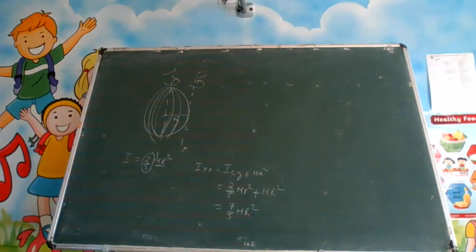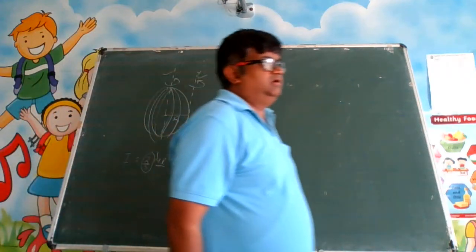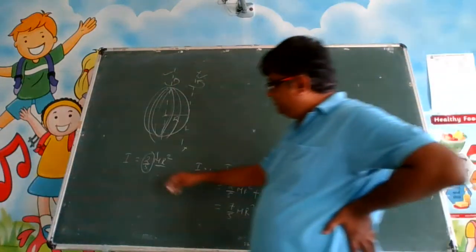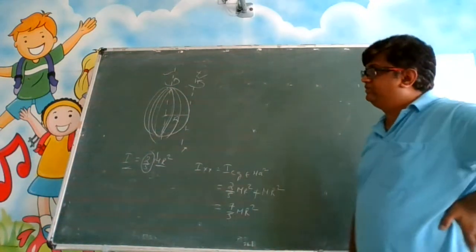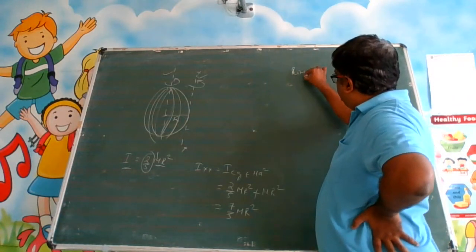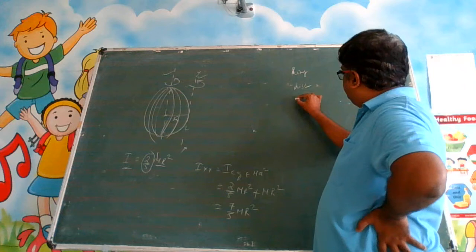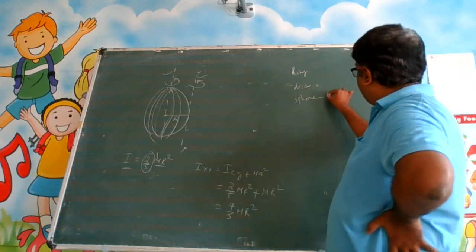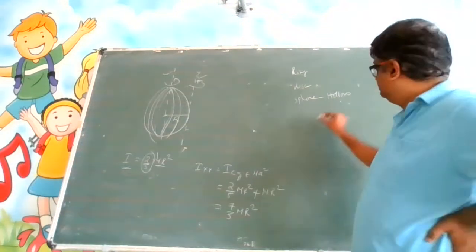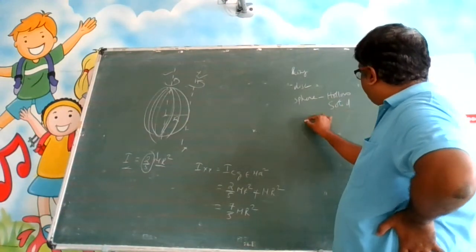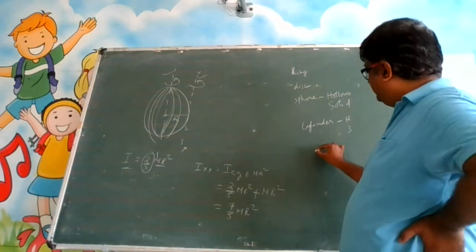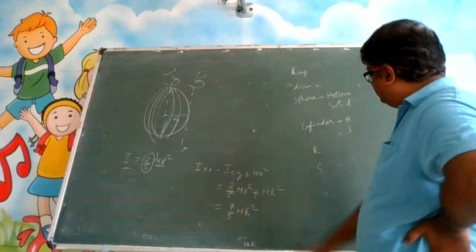Next class we will see some more concepts. I would urge you to remember all these equations, all these ICG formulas for different shapes. I have given you how many? I have given you disc, ring, then sphere, in sphere hollow and solid. Then I gave you cylinder, here also hollow and solid. Then I gave you rectangular and square.